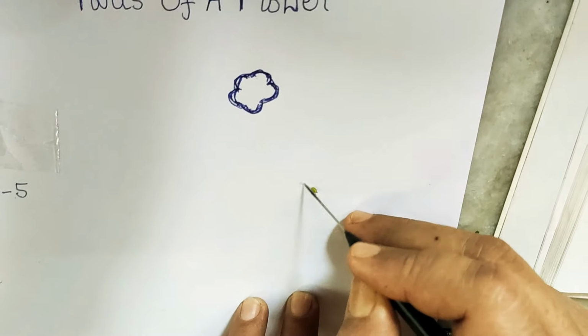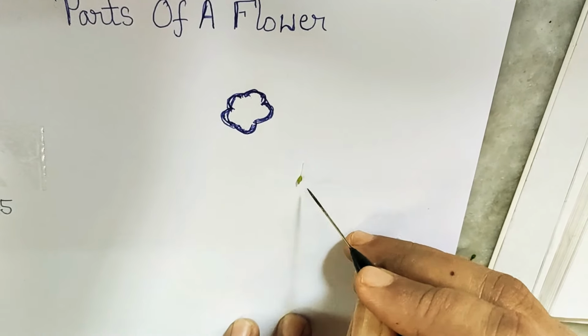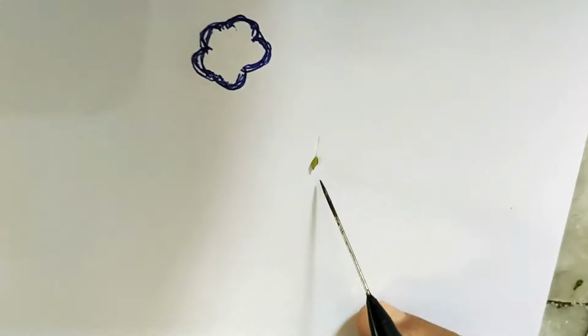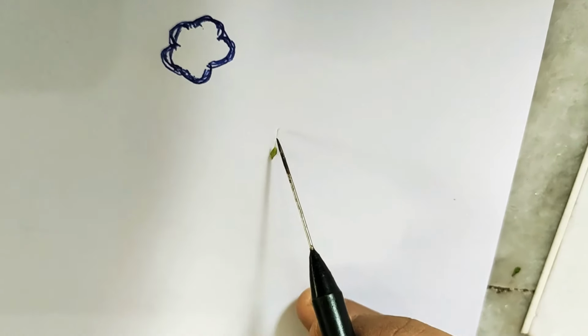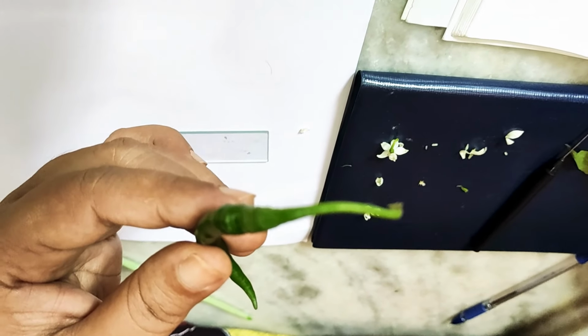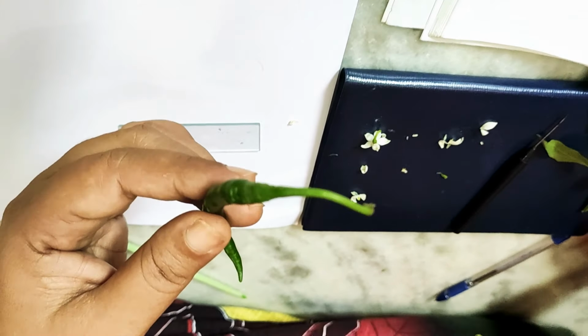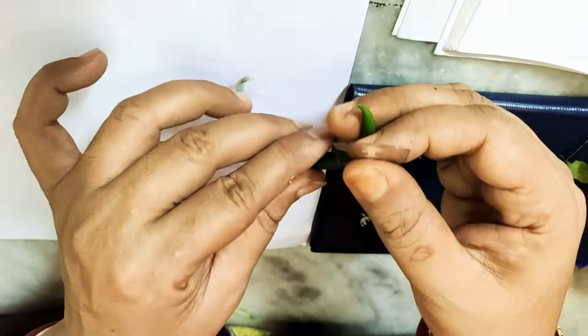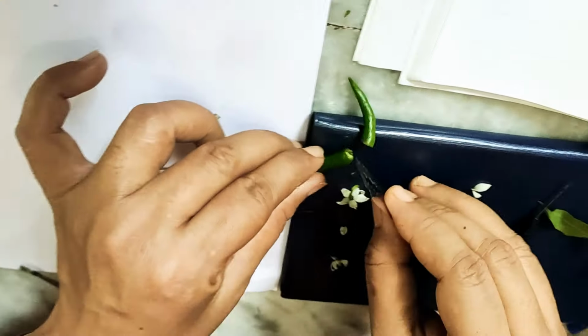Okay, I think I could make it clear. So this is the ovary, this is the style, and this is the stigma. The ovary, if you do a section, now the ovary is so small, so let us do the section of the fruit, because inside the fruit is the ovules arrangement, so it is the ovary. So if we do a section of this fruit,